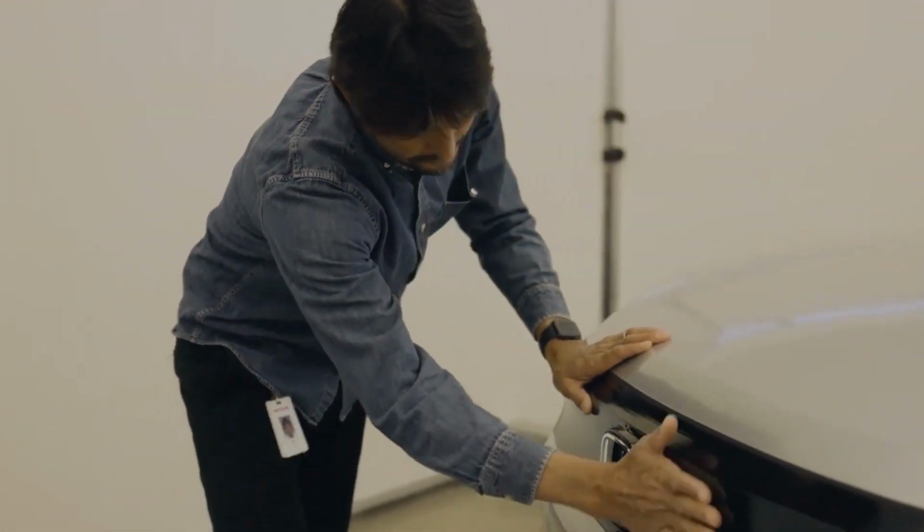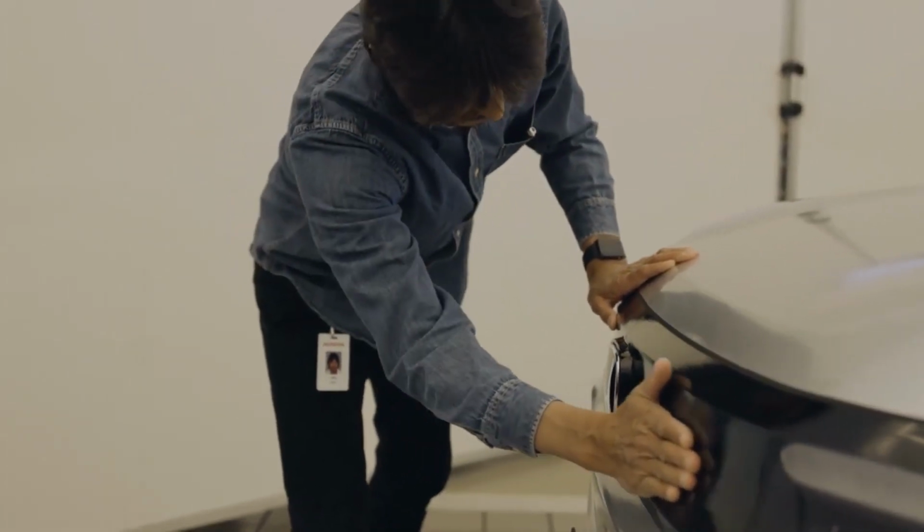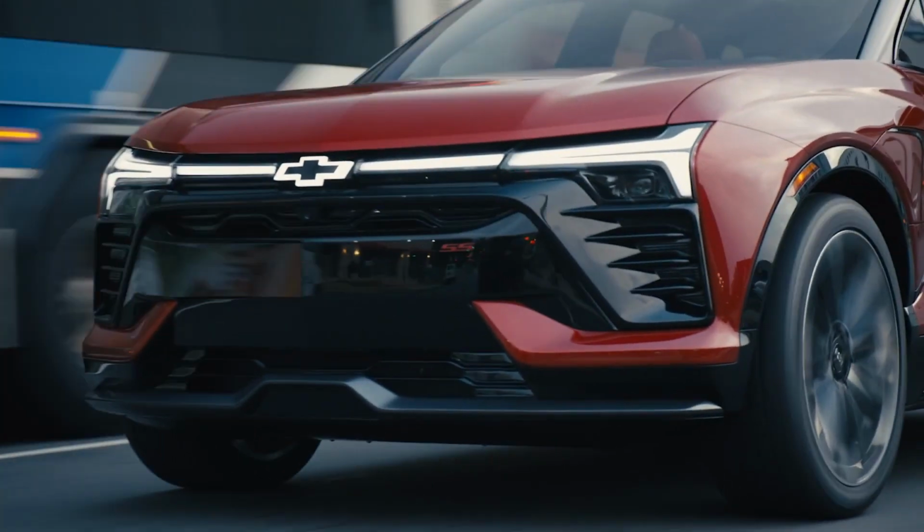Honda has finally debuted the Honda Prologue, and boy oh boy do I have a lot to say about this one. So the Honda Prologue is Honda's entry into the electric vehicle market in 2024, and is using GM's Ultium platform along with a few other parts from the parts bin. In this video, I'll just be breaking down everything as well as going over some things that we can expect